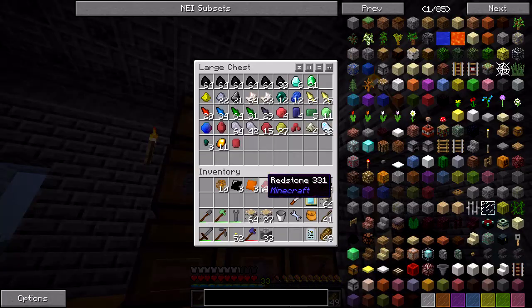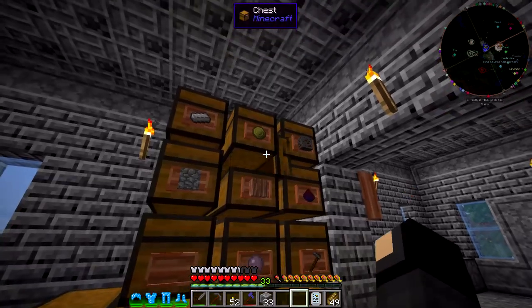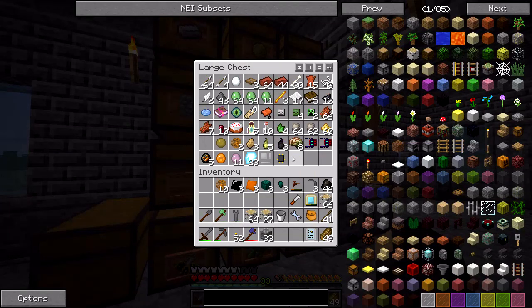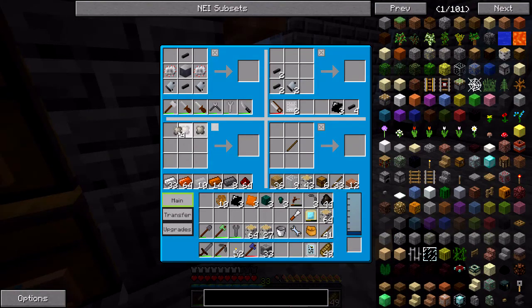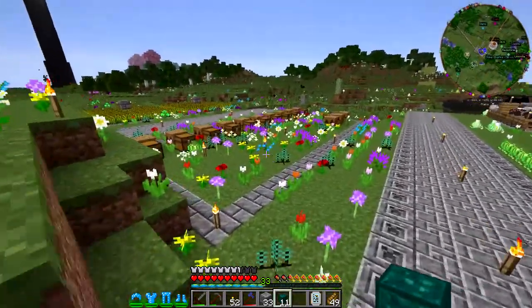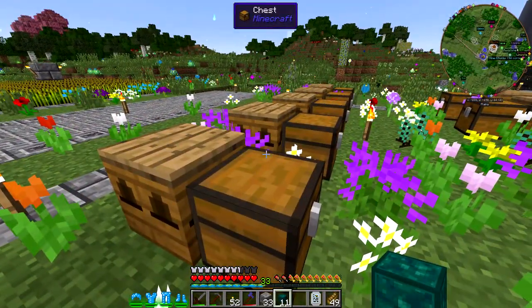That'd actually be the easiest way to do it at the moment, since I've already got some more pulsating nuggets lying around. I got three more. I've used 6 of them. And conduits. Okay, and